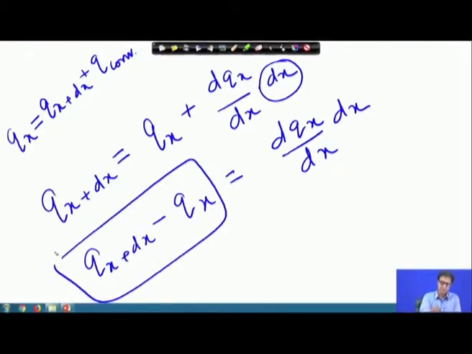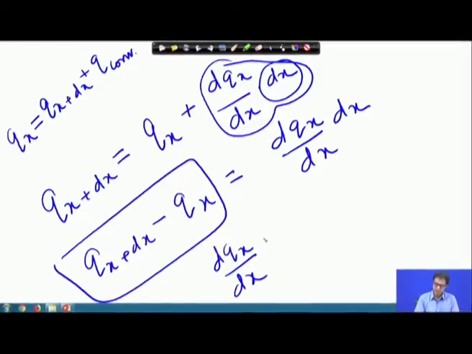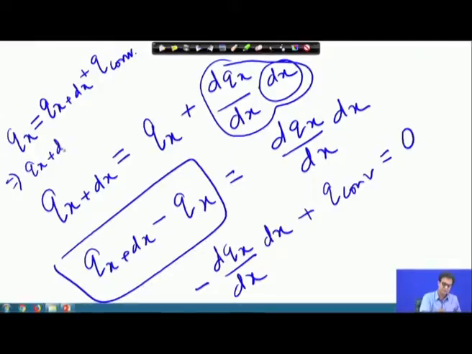Now, this q x plus dx minus q x is nothing but dq x by dx with a negative sign. So, this will become dq x by dx multiplied by dx with a negative sign, plus q convective is equal to 0. From here, q x plus dx minus q x is equal to minus q convective. That is what we have written here: q x plus dx minus q x is equal to minus q convective, and then we have the